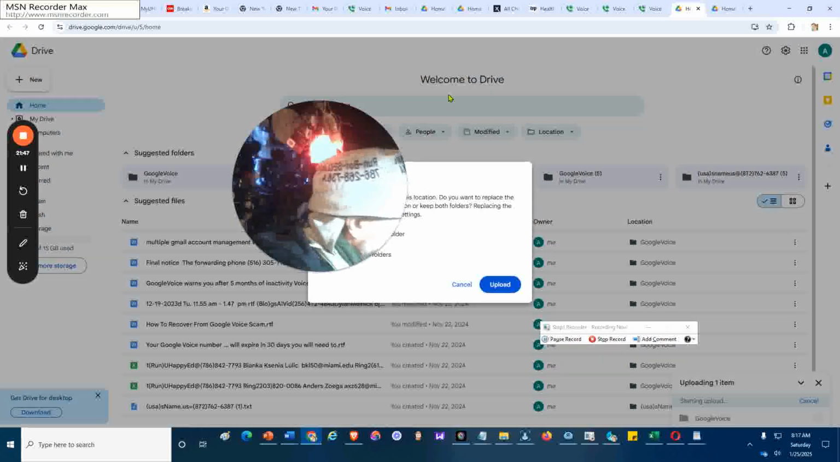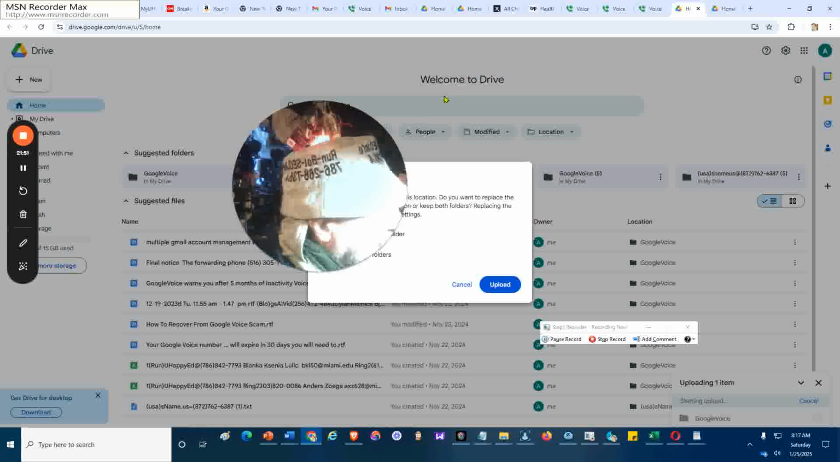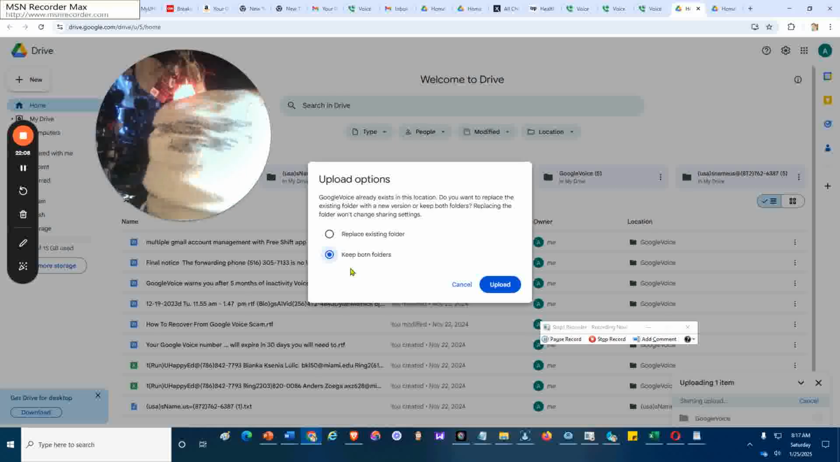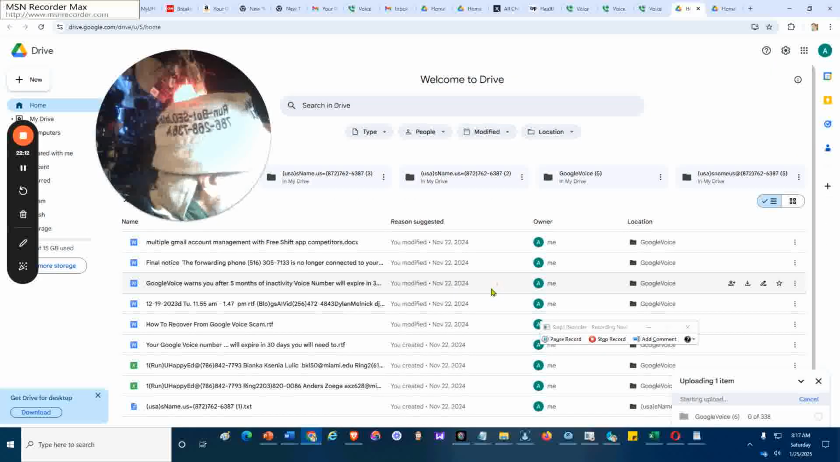On the bottom it says starting upload. And then it asks me a question concerning my upload, whether I want to replace the existing folder or to keep both folders, and I want to keep both folders. So I selected keep both folders, and then click upload yet again, and let it start uploading, and then it says